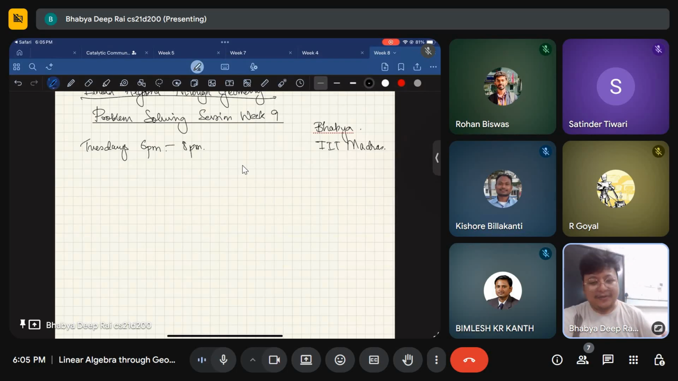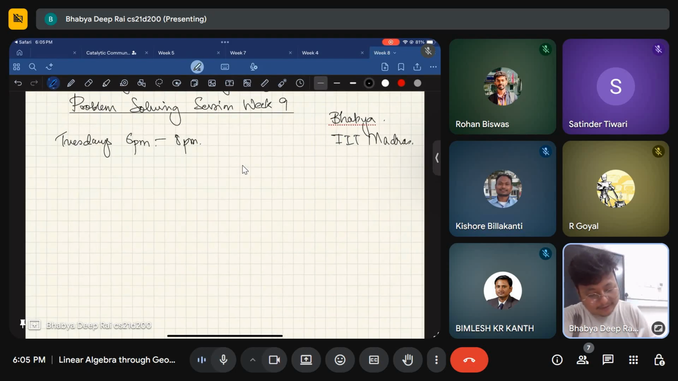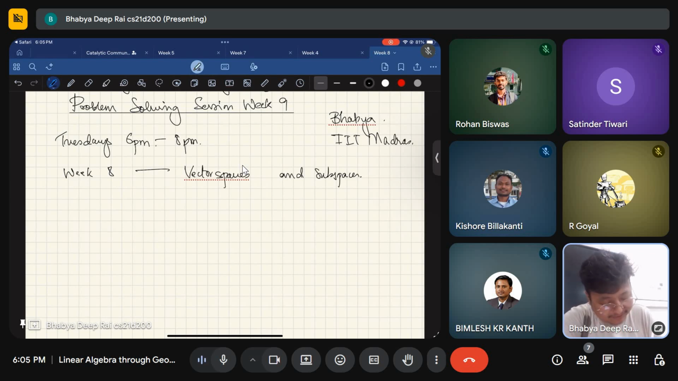Now, without much ado, let's just begin this time's topic. Last time's topic, week 8, focused on vector spaces and subspaces. And what are vector spaces? Just to recall, vector spaces are just